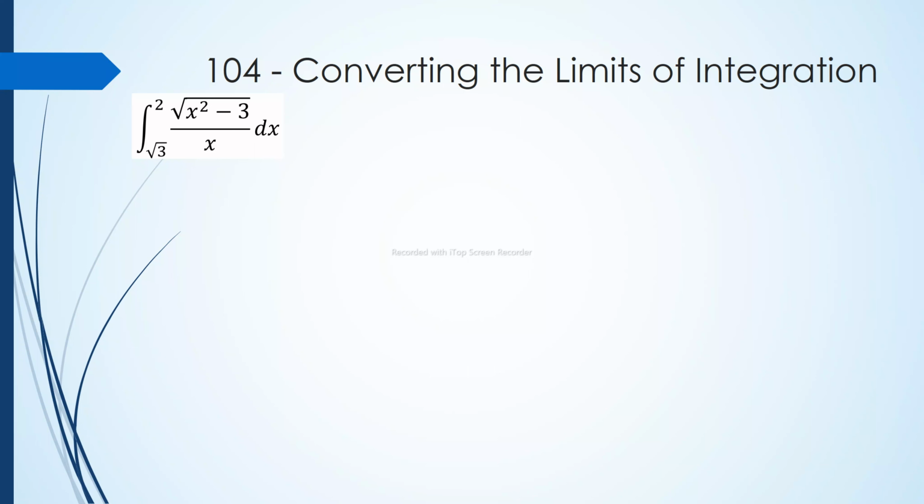Okay, for the fifth example. This is quite similar to our previous example, just that the lower and upper limits are changed. In the previous example, our fourth sample, our lower limit is square root of 3 and upper limit is 2. Now for this one, our lower limit is negative 2 and upper limit is negative square root of 3. So again, this is in the form